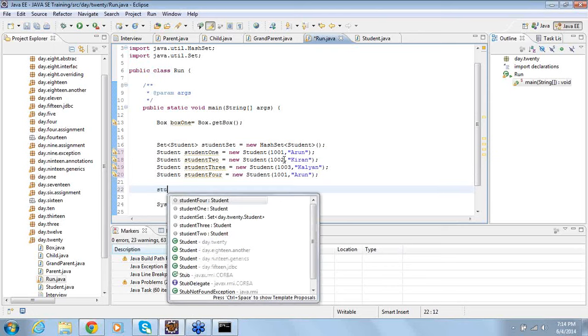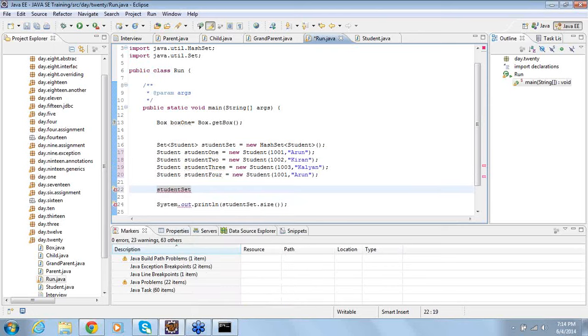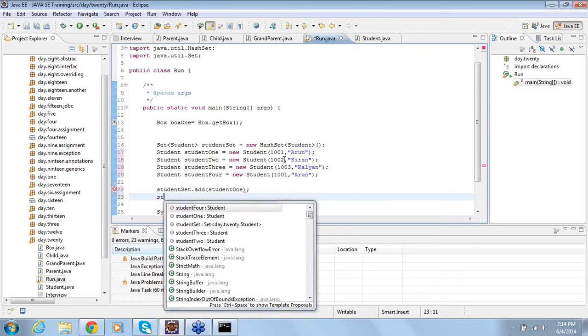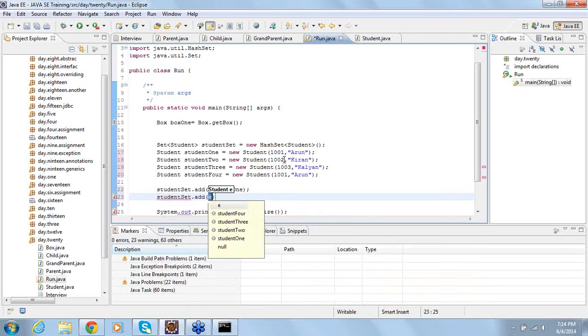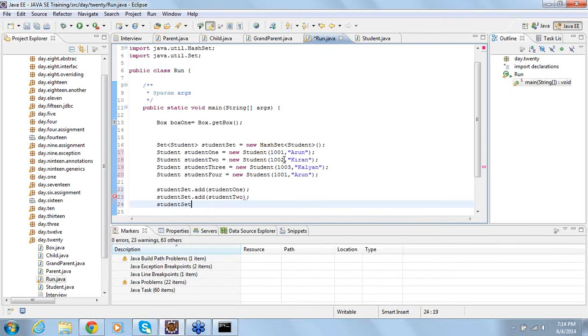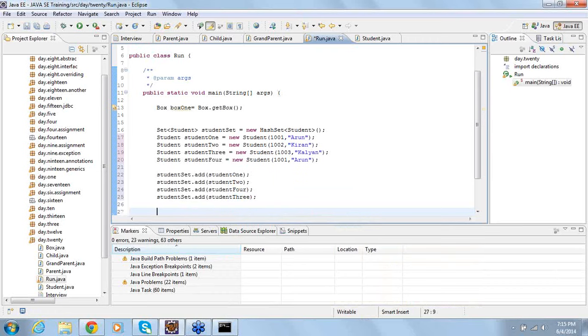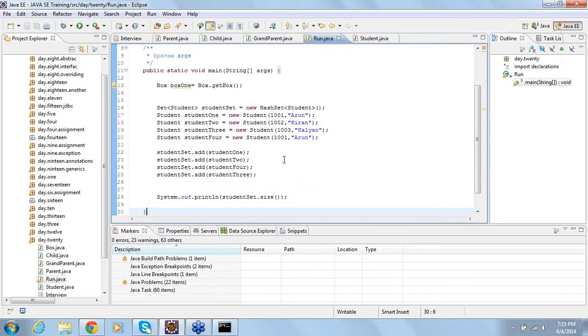So what I'm going to do is studentSet.add(student1), studentSet.add(student2), studentSet.add(student4), studentSet.add(student3). Now it is giving 4 students, but it should give only 3.